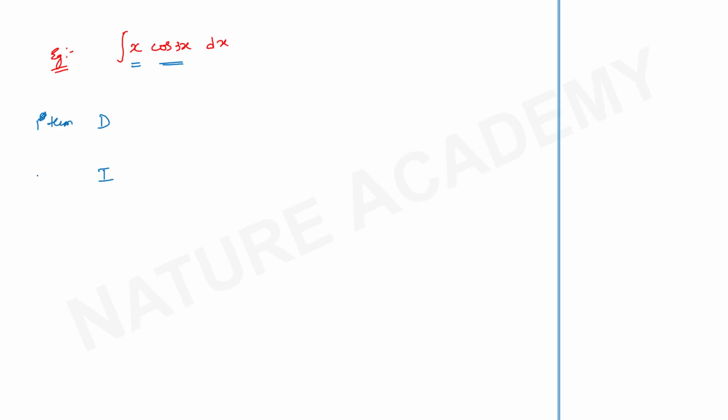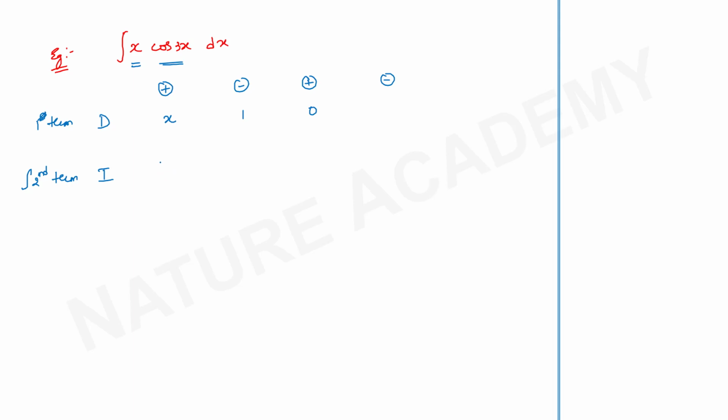I will start with the first term here. I will start with integration of the second term. I will have plus, minus, and so on. I am going to differentiate only till I get 0. First term is x. Differentiate it, it will be 1. Differentiate it, it will be 0.